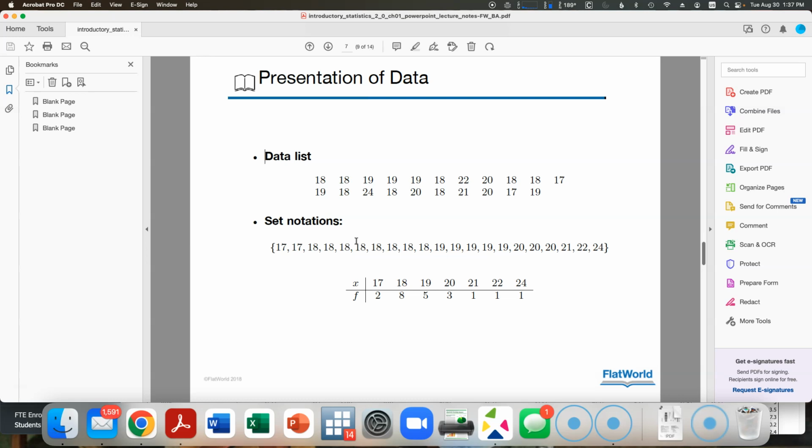So let's start first here, talking about how data is presented. We generally would use two ways of presenting data. In the first, we could talk about having a data list. So basically all that is just listing out each of the individual measurements,